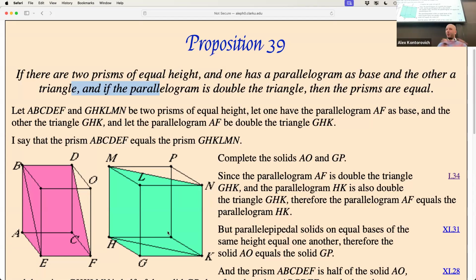That would be the situation if they were between 2 parallels, but I can't put them on the same parallel because I don't have enough room to put the 2 prisms together. So why are these both prisms? Remember what a prism is? You have something on top, something on bottom, and then it's just rectilinear in between, parallelograms in between. So what he's saying is this is a triangular prism.